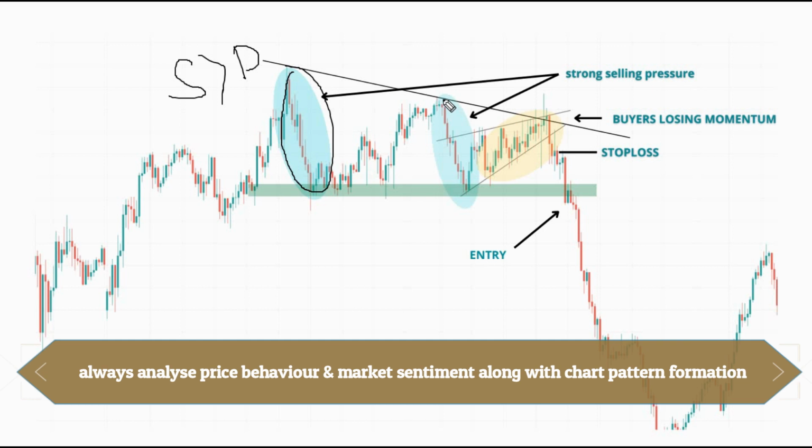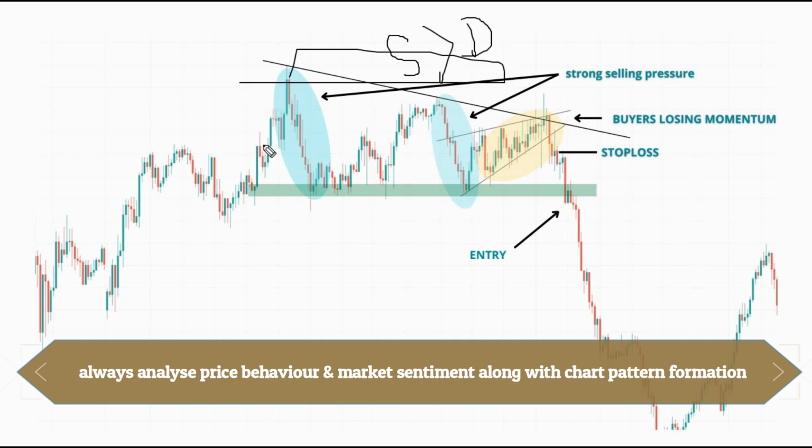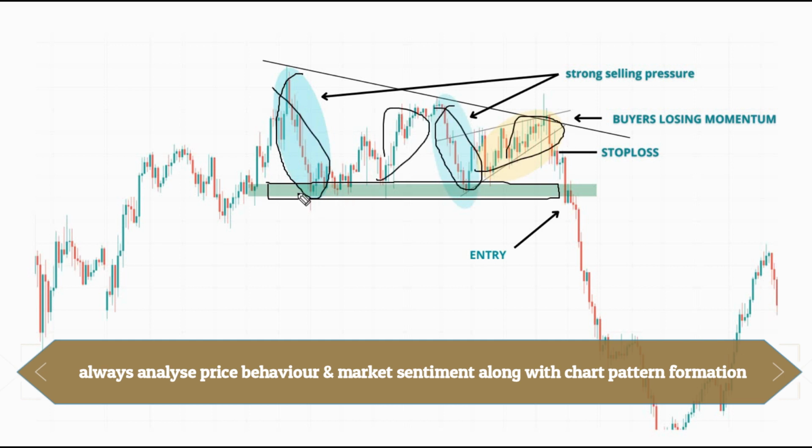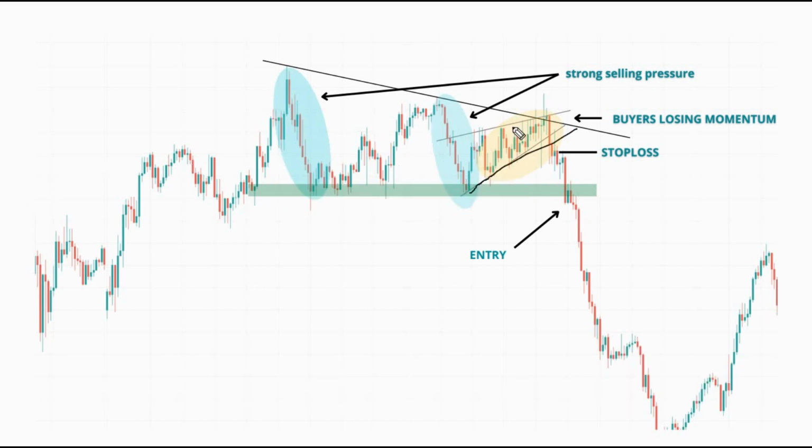Okay, then again see the selling momentum. See this buying momentum and see this selling momentum. So we are seeing that supply is much stronger than the demand side at this price area in this particular instrument. Okay, then what is happening? Multiple times this support is getting tested. Strong selling momentum, weak buying momentum, support getting tested multiple times, and then we saw a rising wedge pattern,